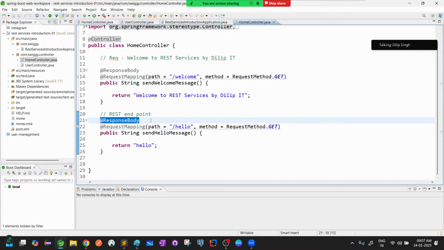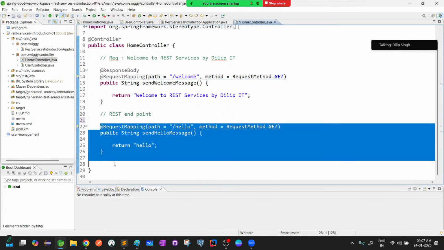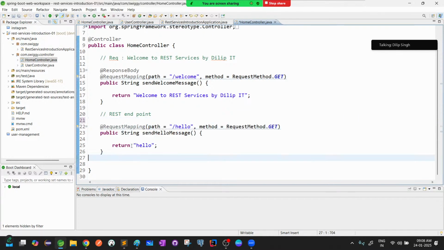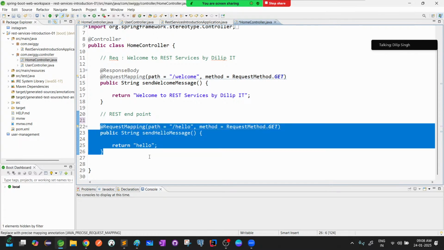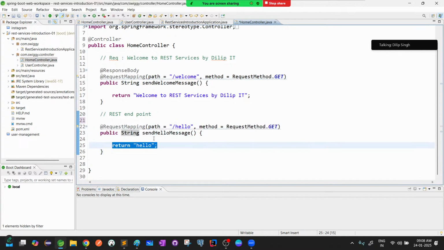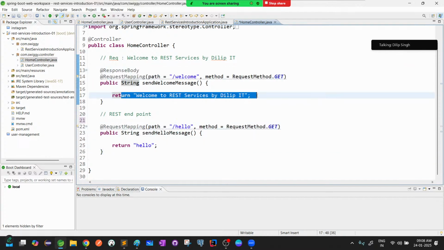So if I remove response body, what will happen? This is not a REST service now. That means it will look for a view resolver name. In this case, it is working from the model and view layer point of view; it is looking for the view layer. But in the other case, it's working as a REST service. That means the data we are returning